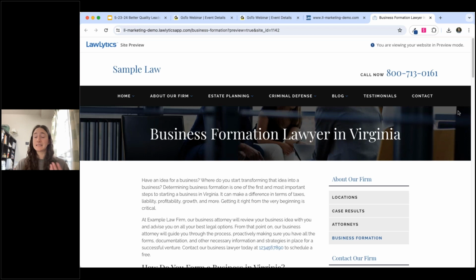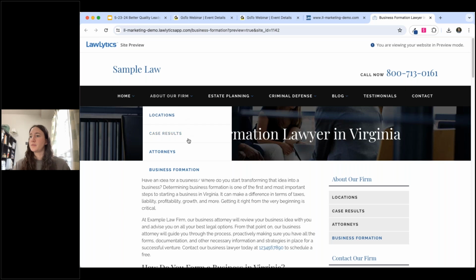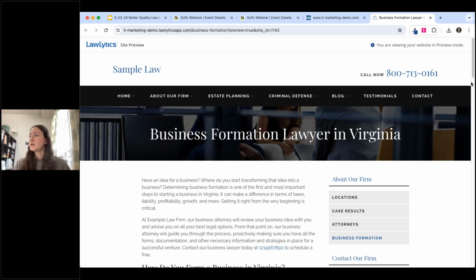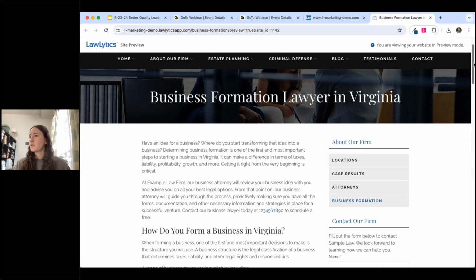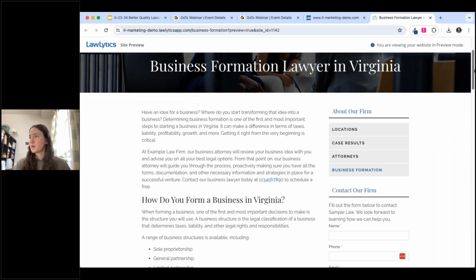So this is an example of a sample website with us. We've got our firm's name and logo, a click to call phone number. This is my navigation menu. So those were all of the page items that were on the left in the back end. You can see that that new page is nested where I assigned it to. And then on this page, this is my new practice area page.